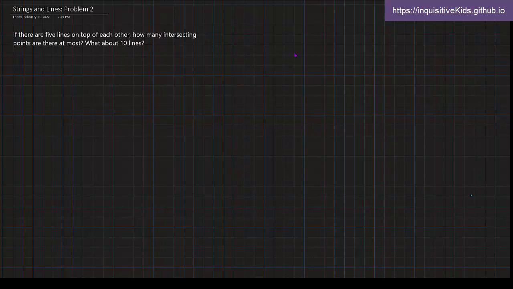Problem 2. If there are 5 lines on top, all drawn on top of each other, how many intersecting points are there at most? And what about 10 lines? So first, what is the difference between this problem and problem 1? Well, this time, instead of talking about cuts, it was about different lines going on top of each other. And notice how I highlighted the 2 words, at most. We're trying to find, at most, how many intersection points are